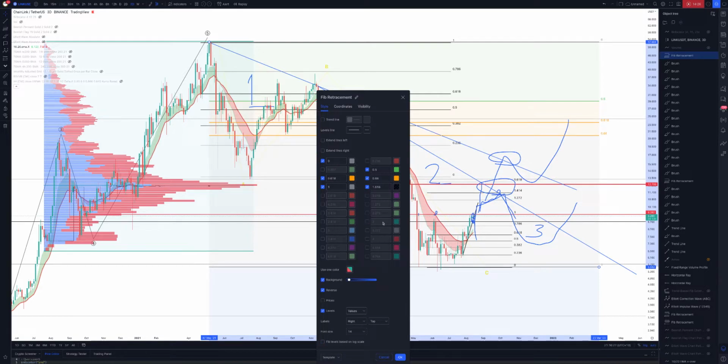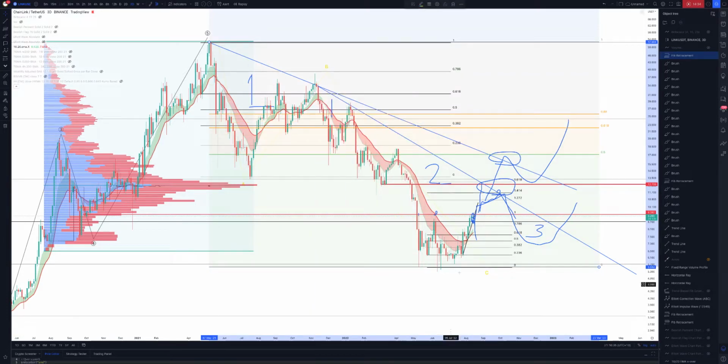Okay, with our 0.5. I need to reverse that, sorry. Okay, so the 0.5 is roughly there as well. I don't think it'll come to the 0.618, but it might be able to do that. Just really depends on the market, but I don't think that's the case.